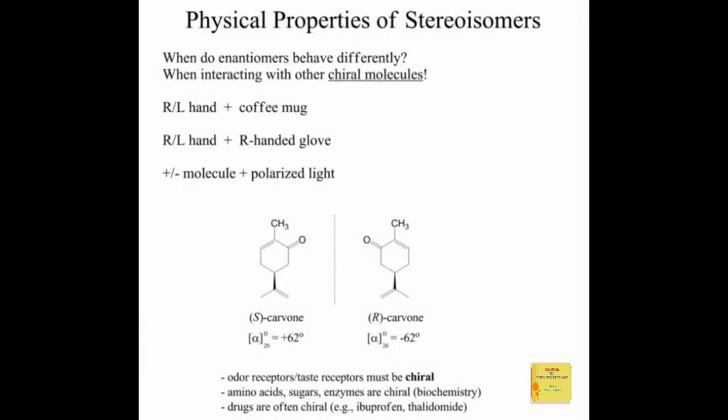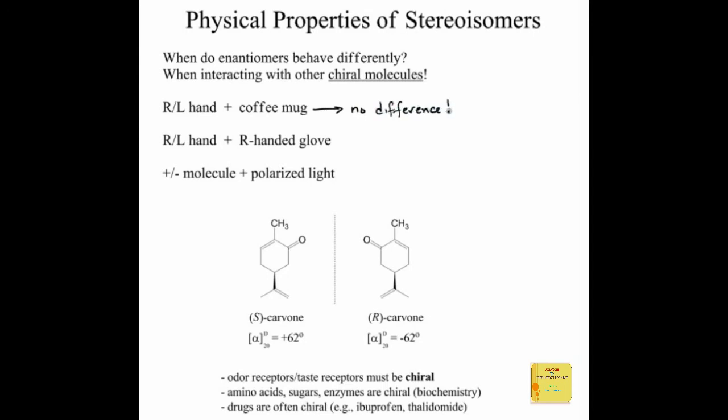So when do enantiomers behave differently? It is possible for two enantiomers to behave differently, and that's when they interact with other chiral objects. So for example, if we take our favorite pair of enantiomers, our right and left hand, when do they behave differently? If you tried to pick up a water bottle or a coffee mug, something that is a symmetrical object, you would be able to do it equally effectively with your right hand or your left hand in terms of how it fits with the coffee mug. So in this case, we would find that there is no difference